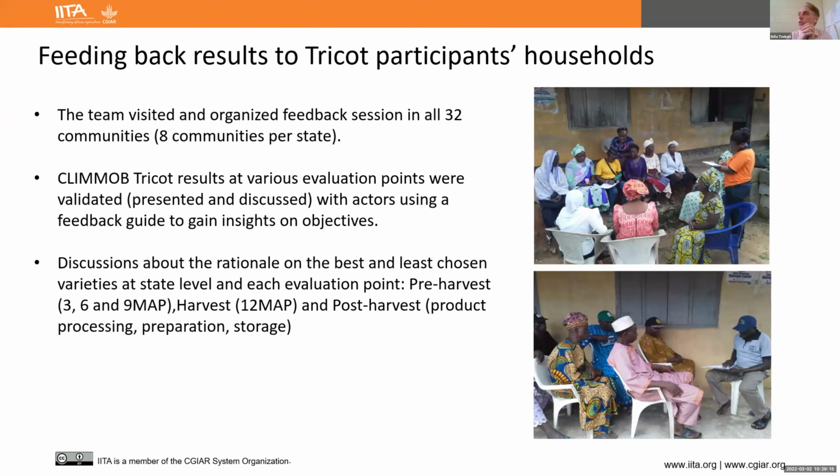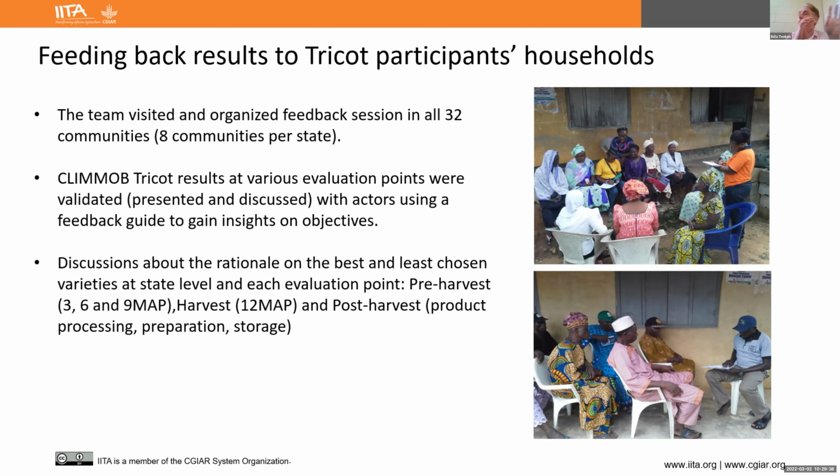Then feeding back the results to TRICOT participants' households. This is a very important aspect of the project, as I've been highlighting already. So we present the different results for the different states, because you cannot have the results for one community, as then you don't have enough replications to say something.